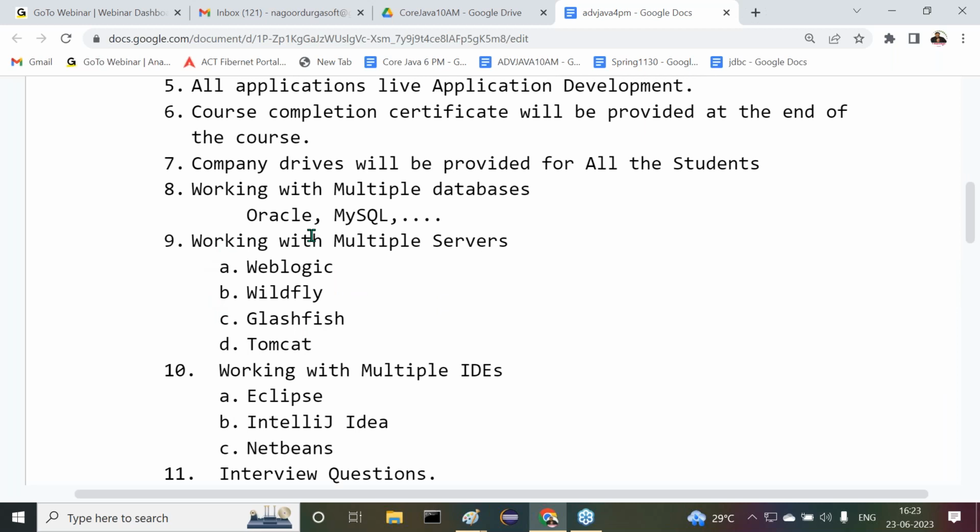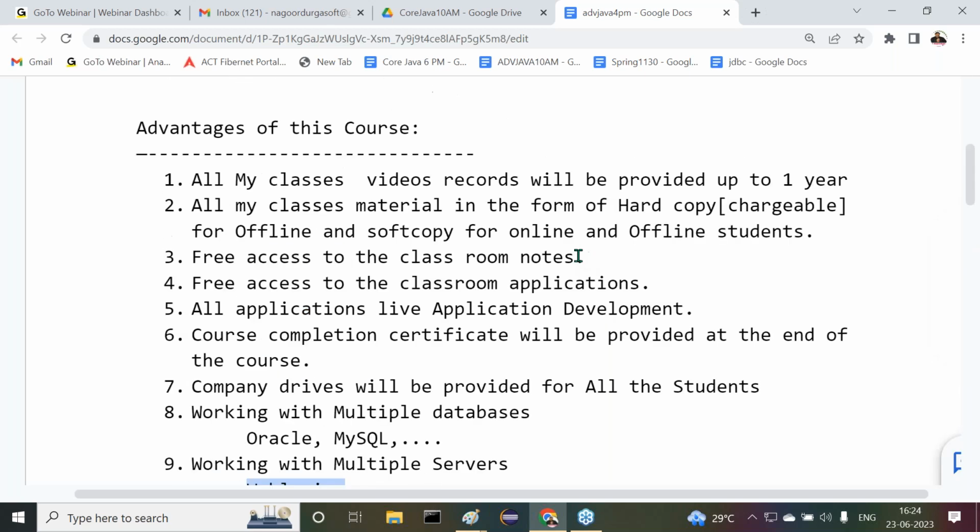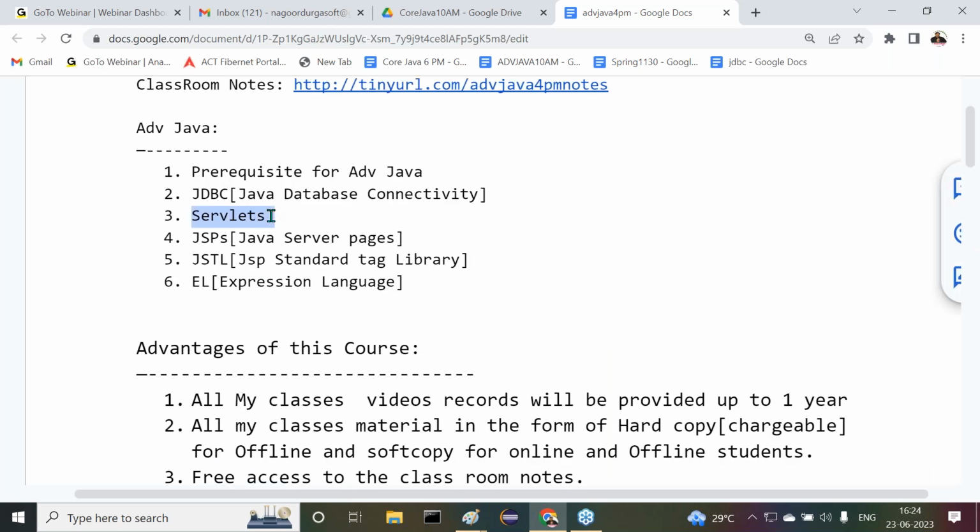Next one is working with multiple servers. What are the various servers I am going to cover? WebLogic, WildFly, GlassFish, and Tomcat. Understand it clearly. What is the purpose of these servers? All of you observe carefully. As a third topic, servlets.